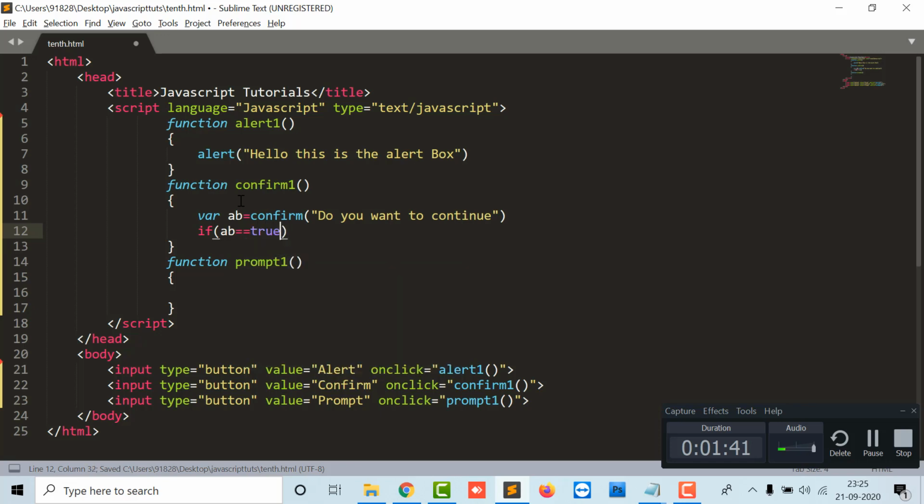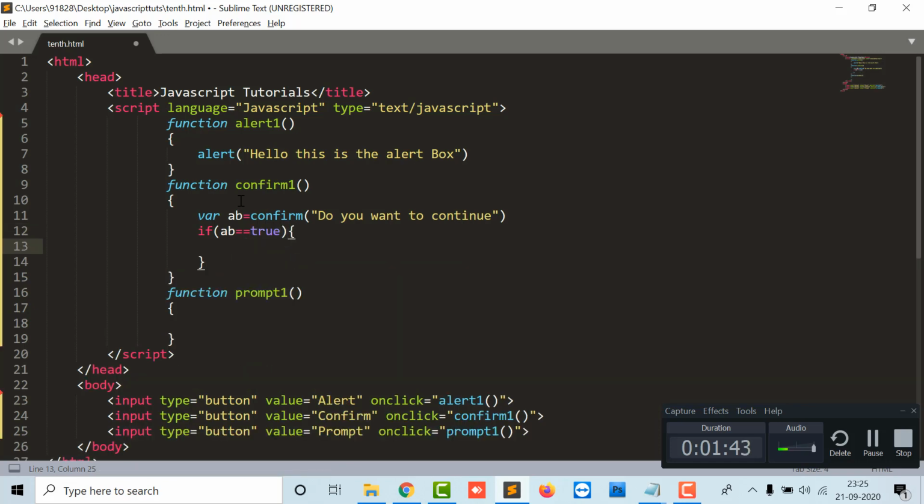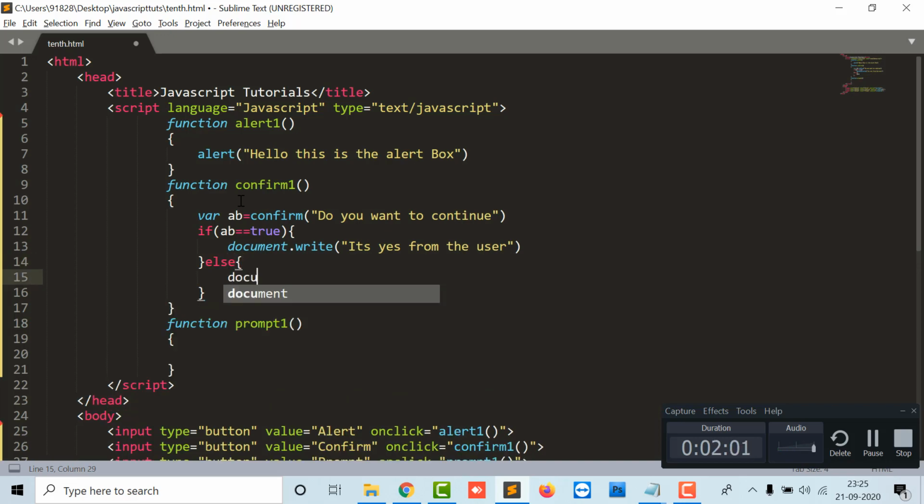If AB equals true, then document dot write, it's yes from the user, else document dot write, it's no from the user.